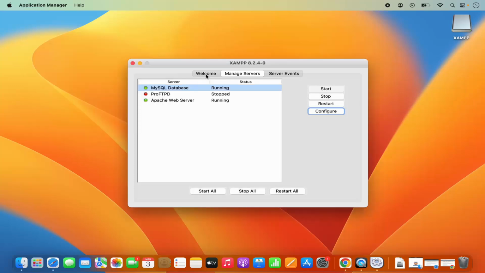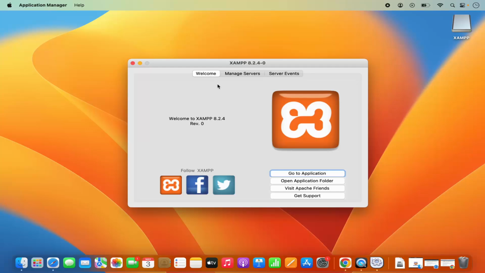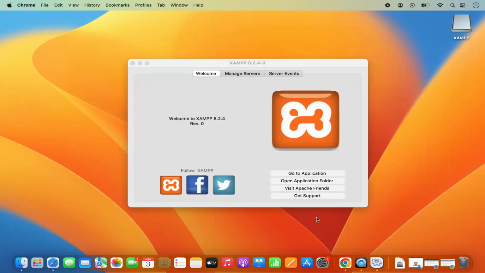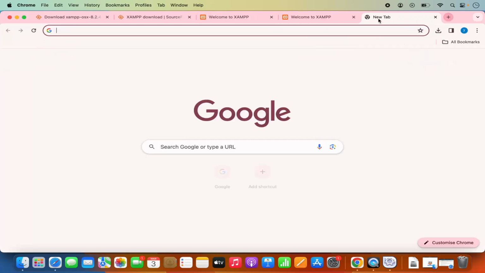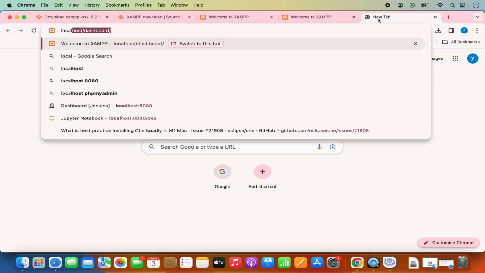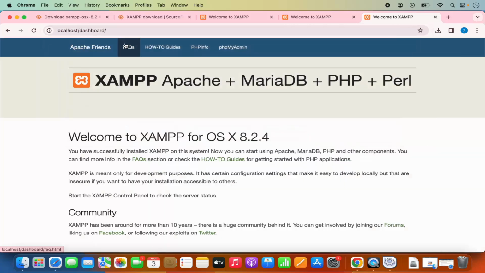Now, when I go to the welcome tab here, I can see go to application folder. When I click on go to application, it's going to launch this URL on my default browser, which is localhost/dashboard. I can also write localhost here and then press enter, which is also going to launch this web page. Here, if I want to launch the phpMyAdmin, I can click on this phpMyAdmin option here, and it's going